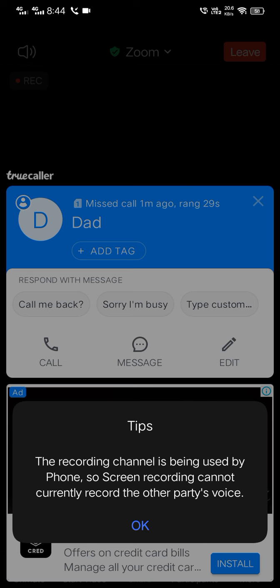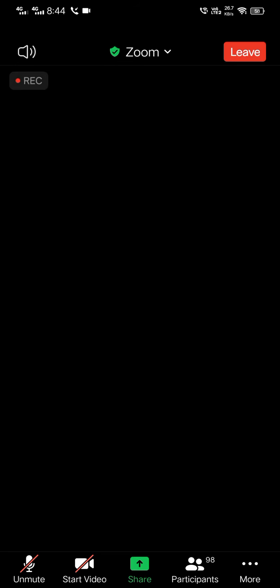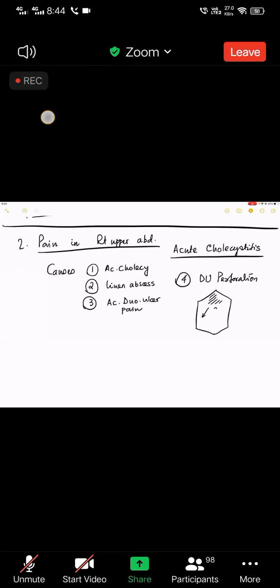Less common will be a duodenal ulcer perforation, which will be associated with a pain not in the upper abdomen but mostly in the epigastrium, and then it radiates to the